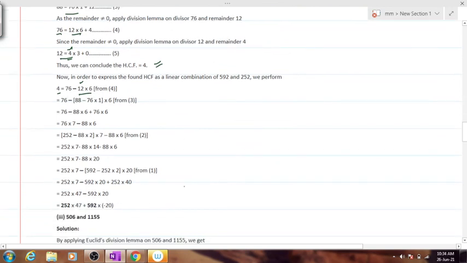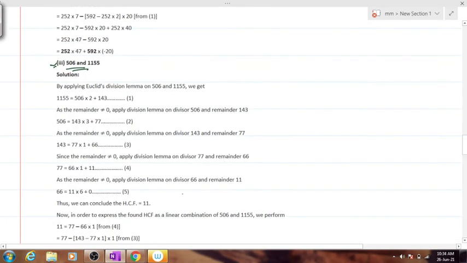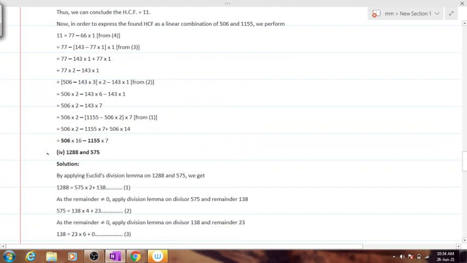Can we move on to the next one? Can we try out this one? Write this question as a homework. After having written this question as a homework, you will write this question 2 as a homework.